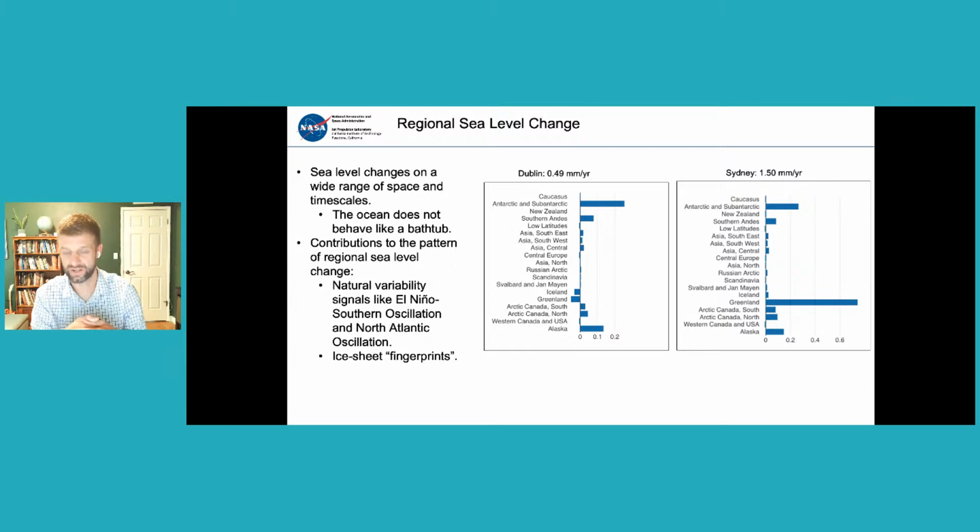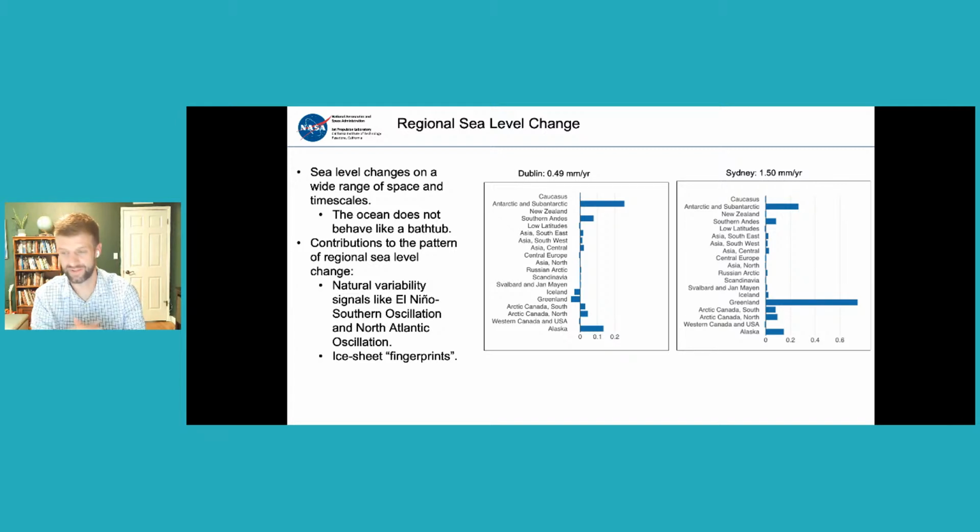So Greenland actually caused a slight decrease in sea level over this time period. And if you look at the Antarctic, it had a much stronger positive increase. It's further away. It has this bigger separation and a bigger influence. Now, just as a comparison, I have Sydney, Australia here on the right, and you can see the contribution from Greenland is huge, right? So it's very far afield from Greenland.